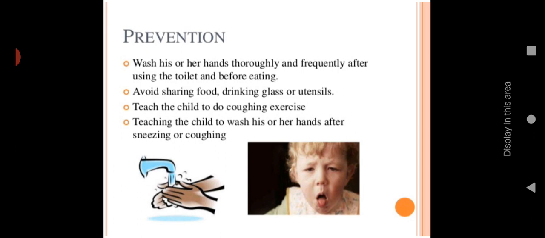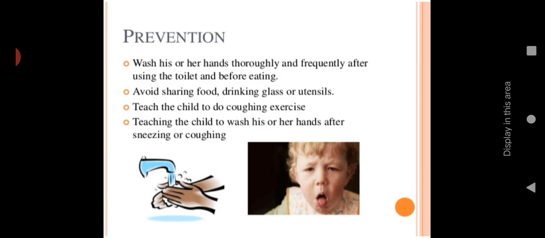So this is all about the topic. Tonsillitis is a small topic. It comes under upper respiratory infection. We have seen that we have two palatine tonsils present in our oral cavity, and the main function of the tonsils is to protect the respiratory and digestive tract from the entry of pathogens. Due to the accumulation of bacteria or virus, the tonsils get inflamed, and that condition we call tonsillitis.